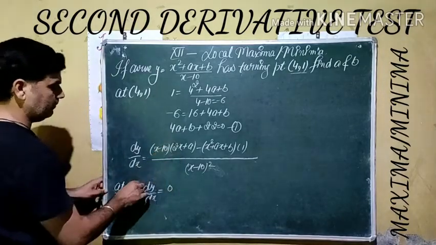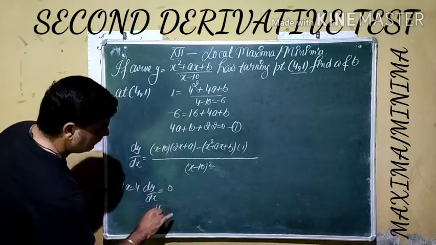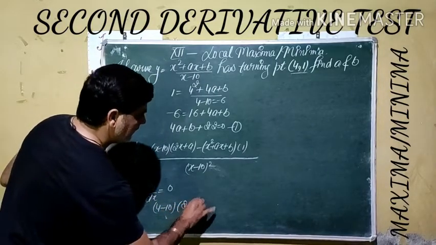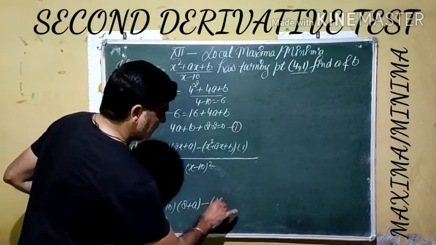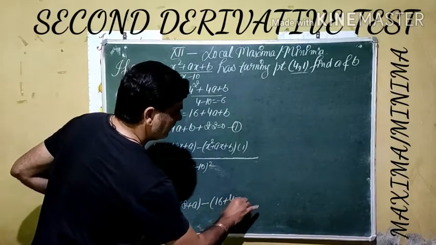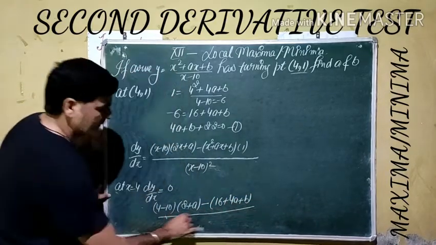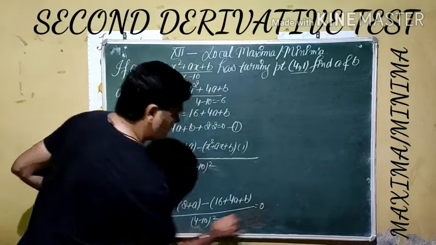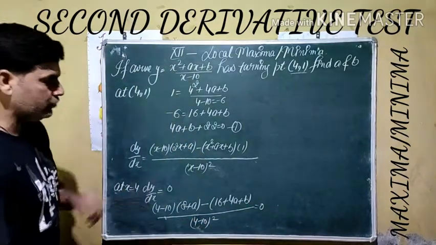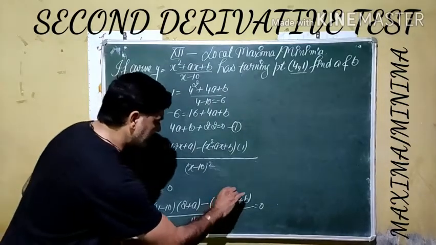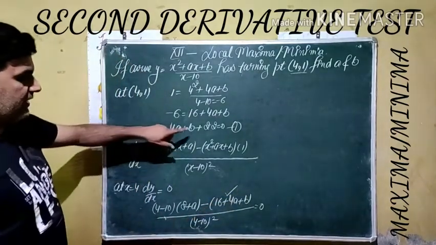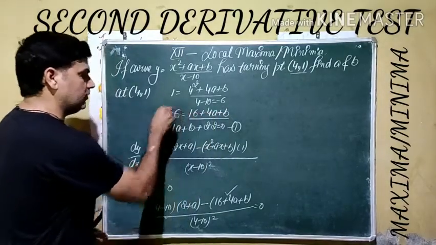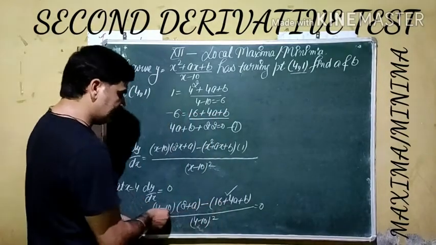That means this one. If we replace x by 4, it becomes 4 minus 10. It becomes 8 plus a minus, it becomes 16 plus 4a plus b divided by 4 minus 10 whole square is equal to 0. As you know, denominator cannot be 0, so numerator should be 0. We are going to use the value of this function from result number 1. 4a plus b from here plus 16 is equal to minus 6. We are changing here, it is minus 6